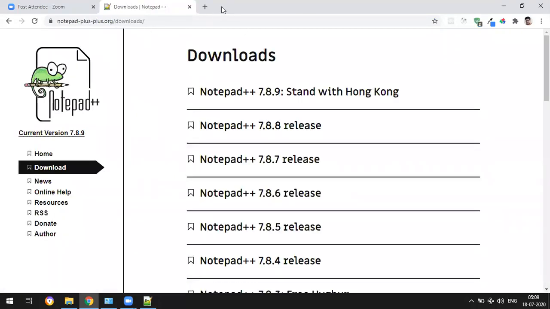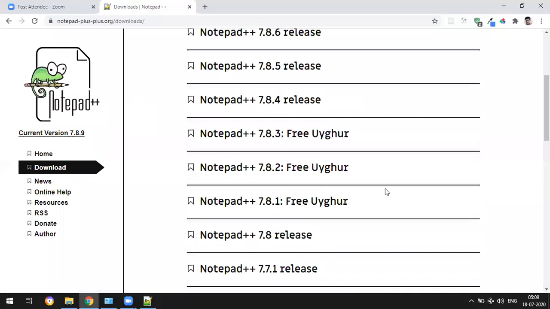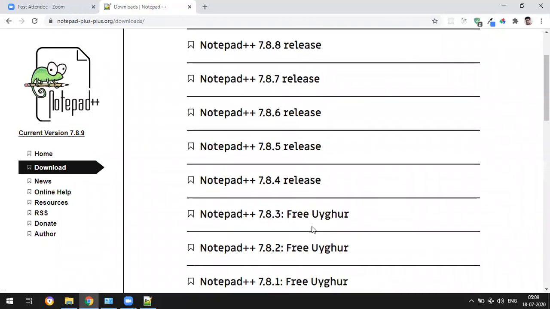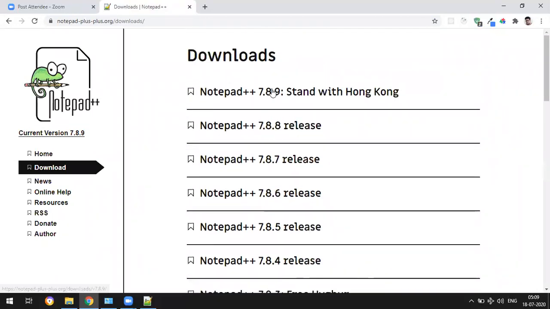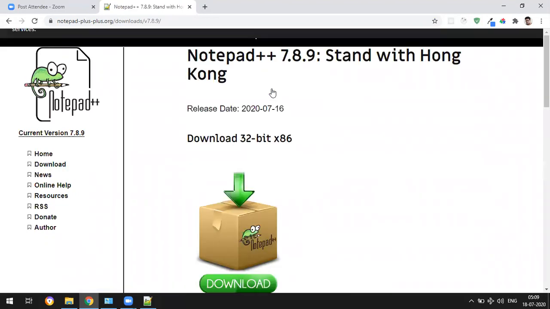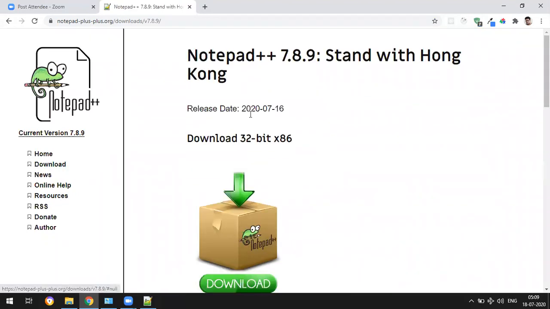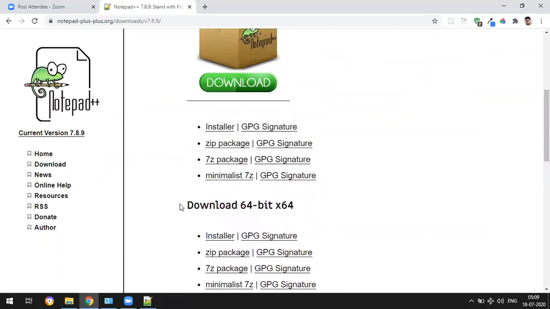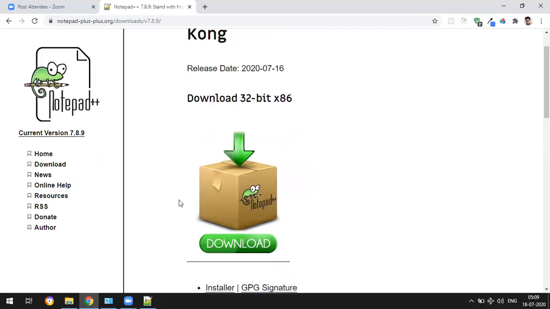This is the downloads page. There are a lot of versions, and you can choose the latest version. Here you have a choice of Windows 32-bit and Windows 64-bit, so as per your operating system you can choose the version.